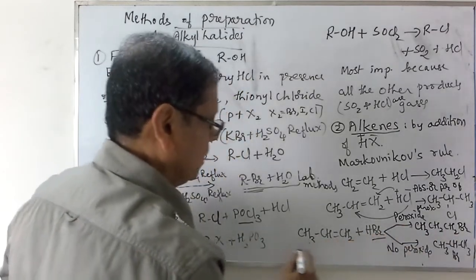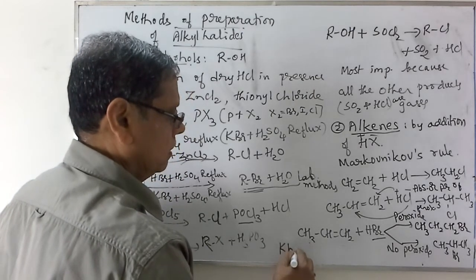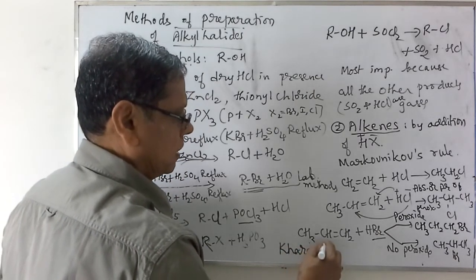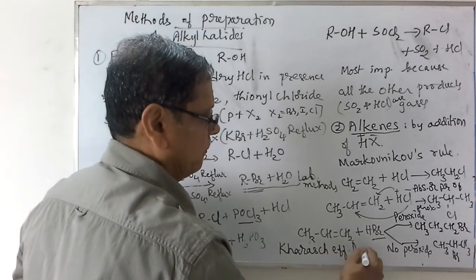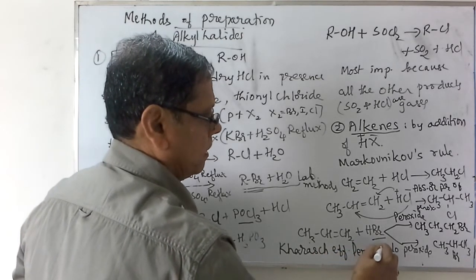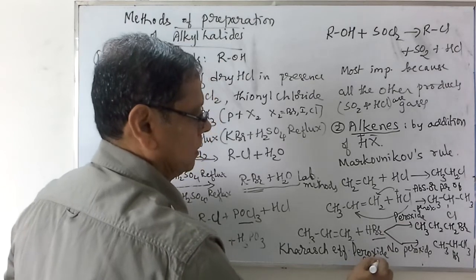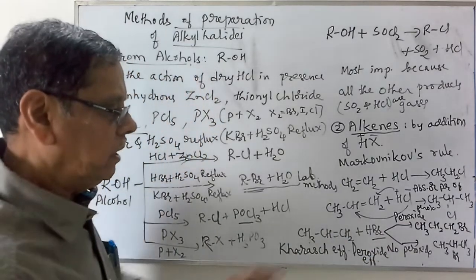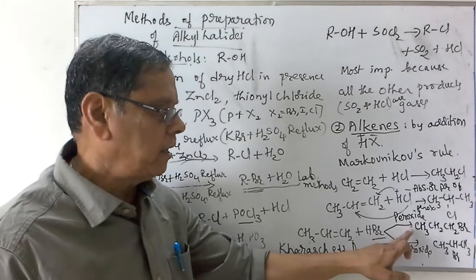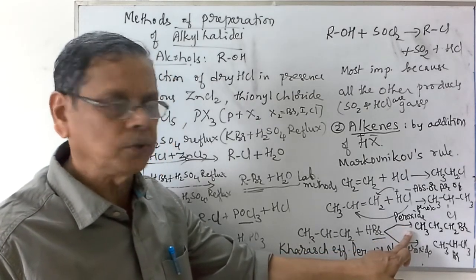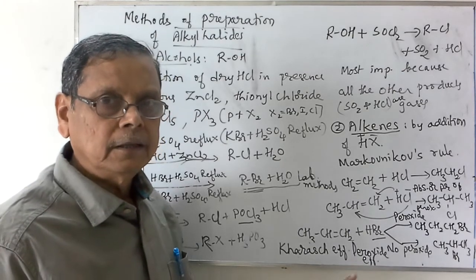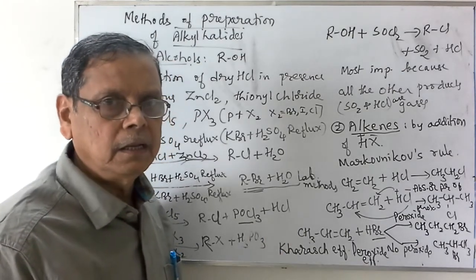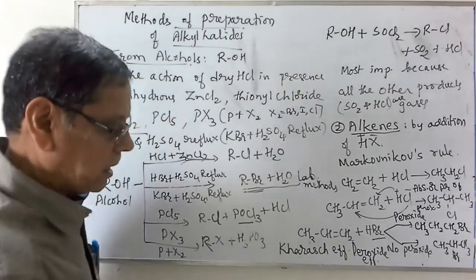This effect of addition of hydrogen bromide to propene to give rise to the anti-Markovnikov product is named as the Kharasch effect. It is also called the peroxide effect. So we can consider only in case of hydrogen bromide undergoing addition against Markovnikov's rule as the Kharasch effect or peroxide effect. There are some more methods available that we shall consider now.